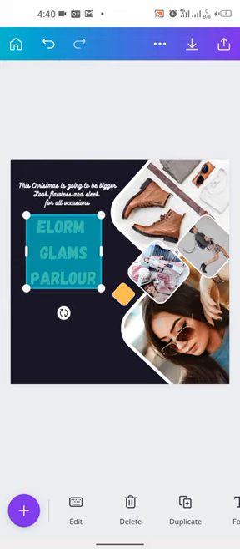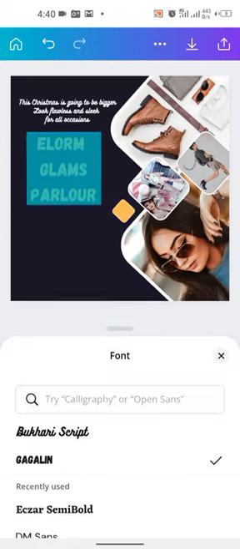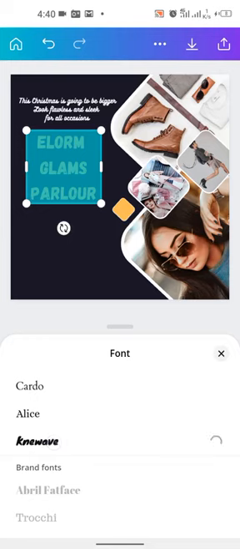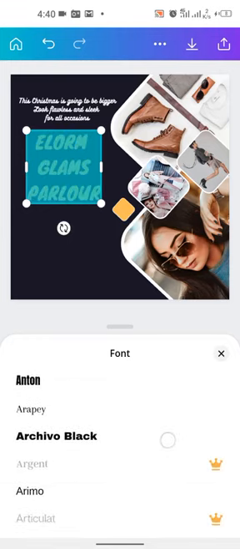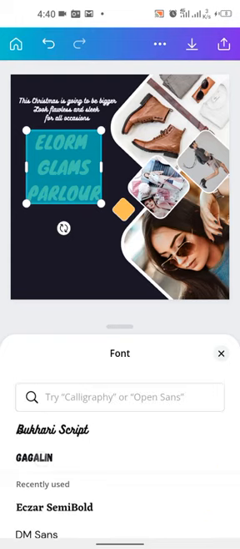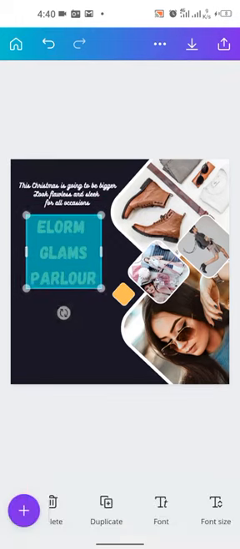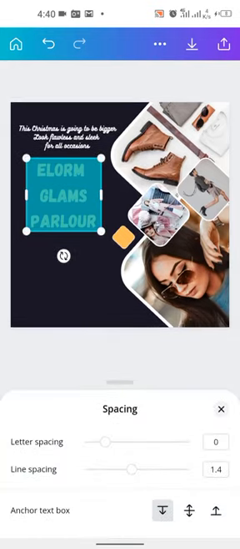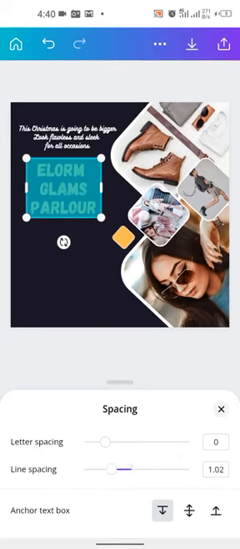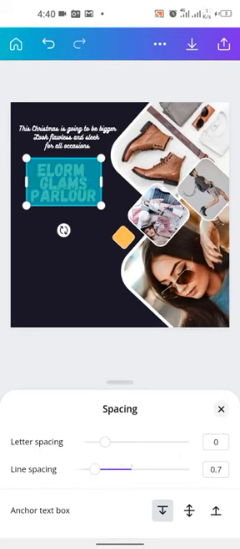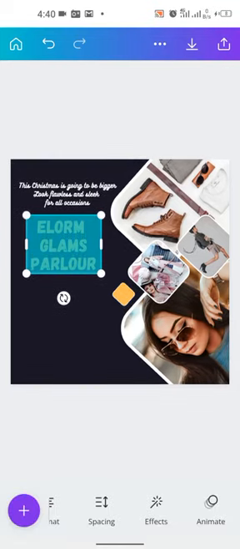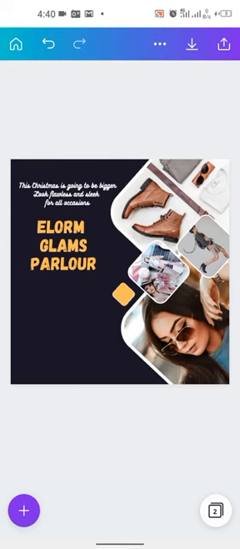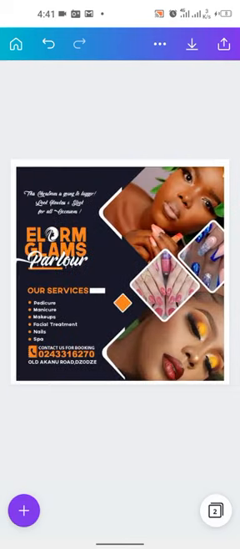This particular font has a lot of spacing. Let's see if we can use another font. Or let's go to our spacing. Yes, so we can reduce our spacing here. So we have reduced the spacing here. Our services,